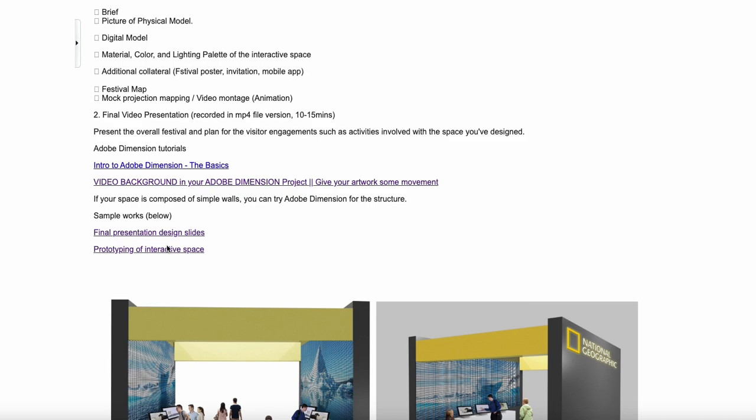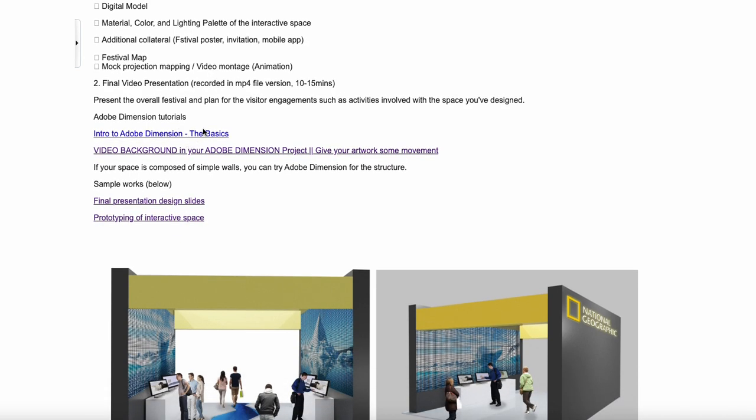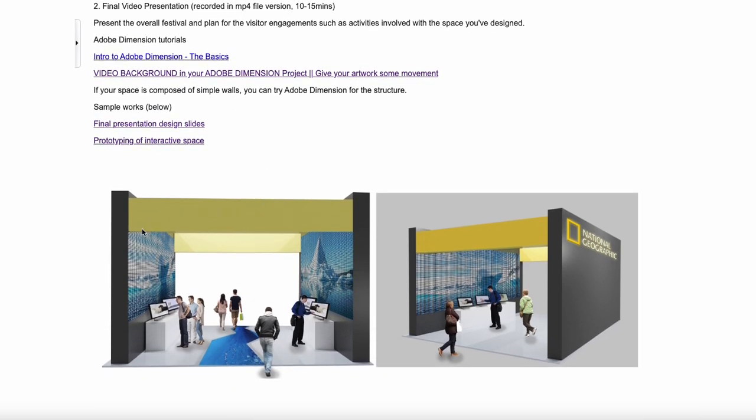So here are the Adobe Dimension tutorials that I'm going to give you guys very briefly later. There are 2 links here you can click and check, and these tutorials are very simple, and you can simply, like in 5 minutes, actually use the Adobe Dimension very quickly. Important thing is you cannot really import your existing model picture or anything like that, but you can use it as a reference. So for example, you made this